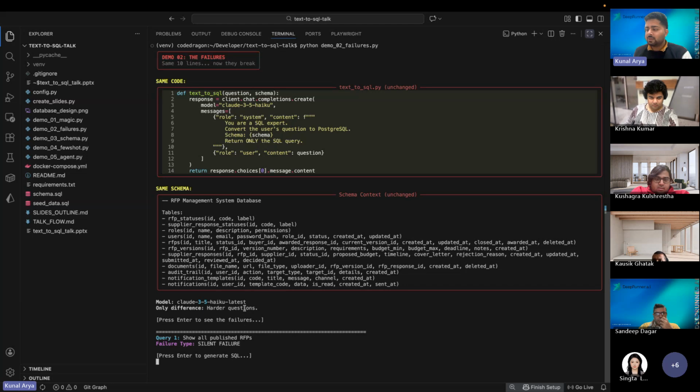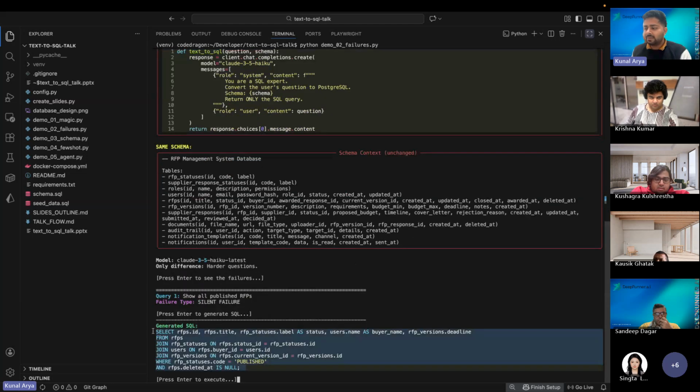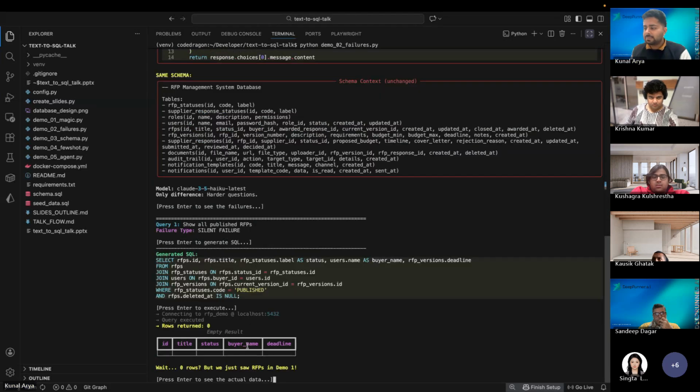So it is generating an SQL. So this is the SQL it has generated. Now let me execute this SQL. As you can see,